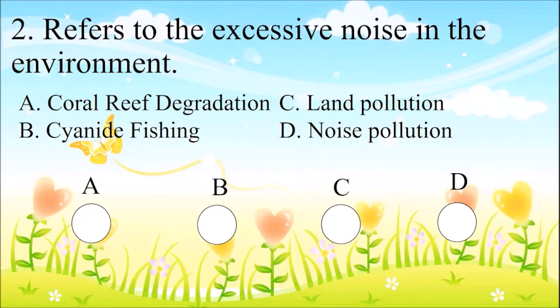Number 2. Refers to the excessive noise in the environment. Your choices. A. Coral reef degradation. B. Cyanide fishing. C. Land pollution. Or D. Noise pollution. And the correct answer is